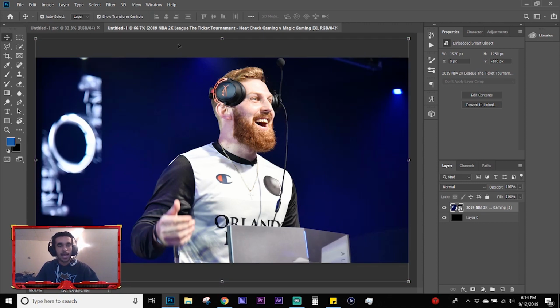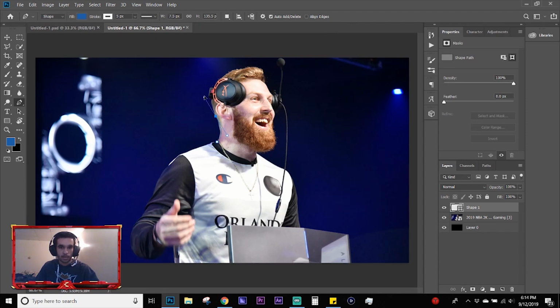And then the last way and the most used way by the higher tier designers to cut things out is to use the pen tool. I won't go into a big description of how to use the pen tool right now, but you can basically come around here if you want to be on shape mode. Come around here and do whatever you need to. I'm not doing it at the highest fidelity right now, but just to show you guys what I would do,